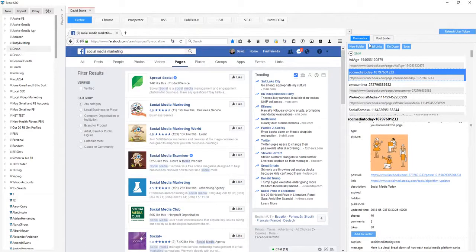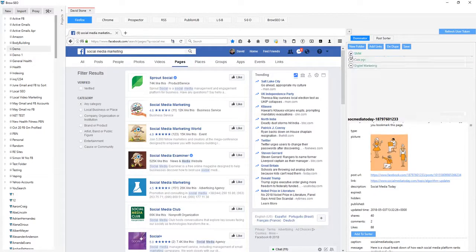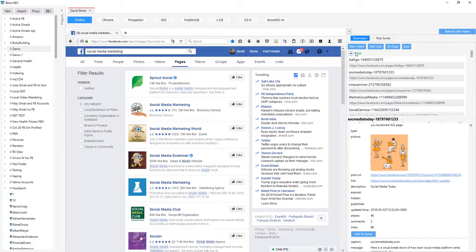We have a much nicer way to integrate this within the browser so that it's going to be even nicer using this all the time. But the main idea here is to have all of your different folders and niches that you're always going to want to be interacting and sharing from and with and to, as well as groups. You can also add your groups into here, but we'll do a whole webinar on strategy, how to use this and turn your Facebook marketing into an absolute powerhouse, so that you're instantly finding the best content, always sharing the